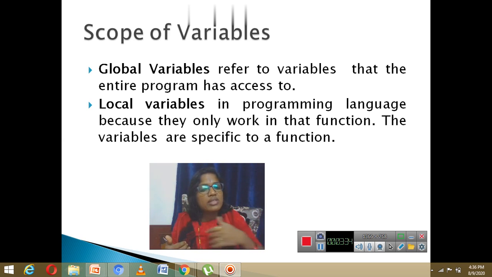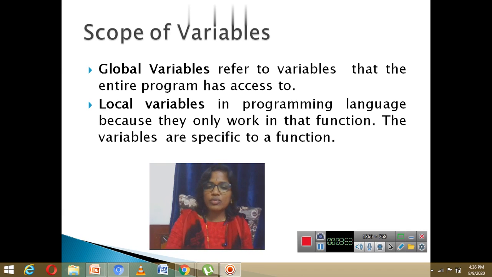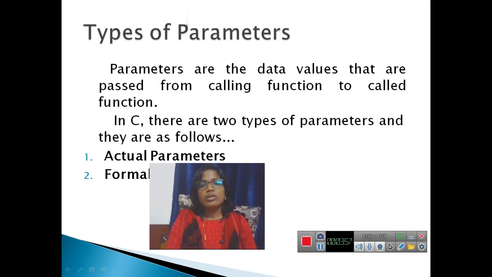They can be accessed in the main as well as in the user-defined functions. So that is the difference between local variables and global variables. Right? With this, we'll move further. That was the basic thing.